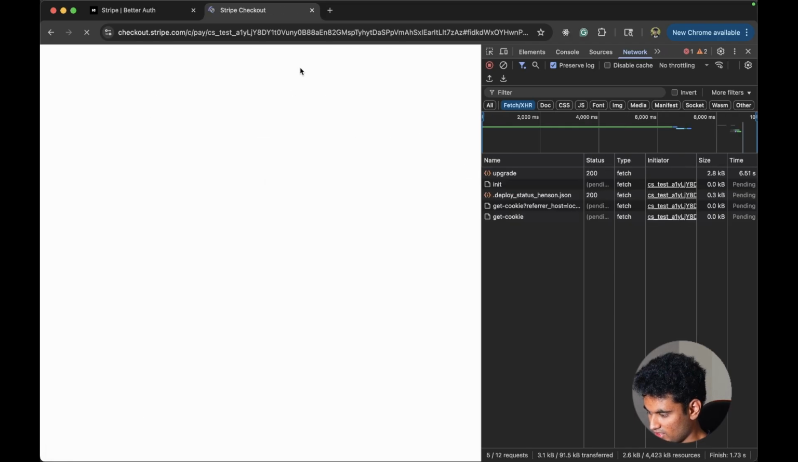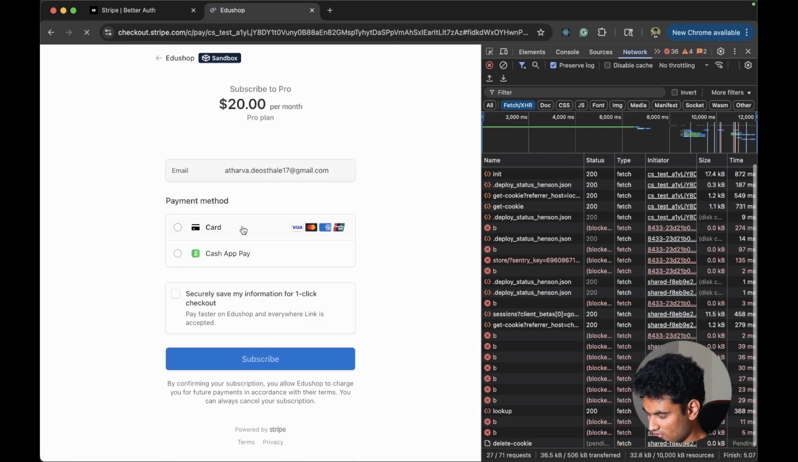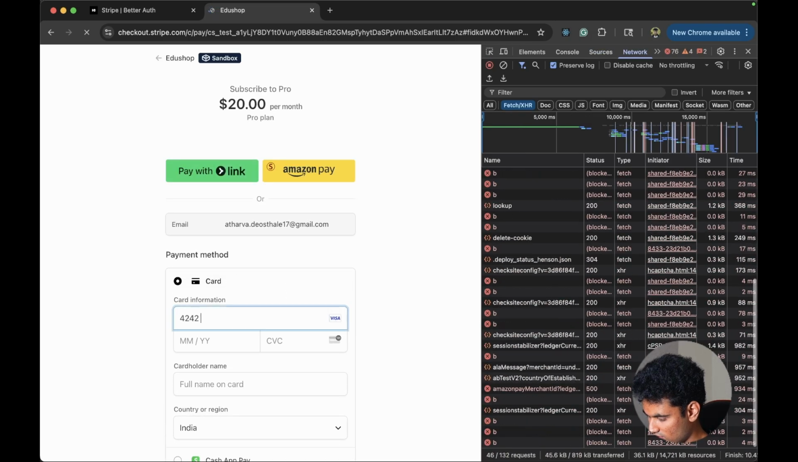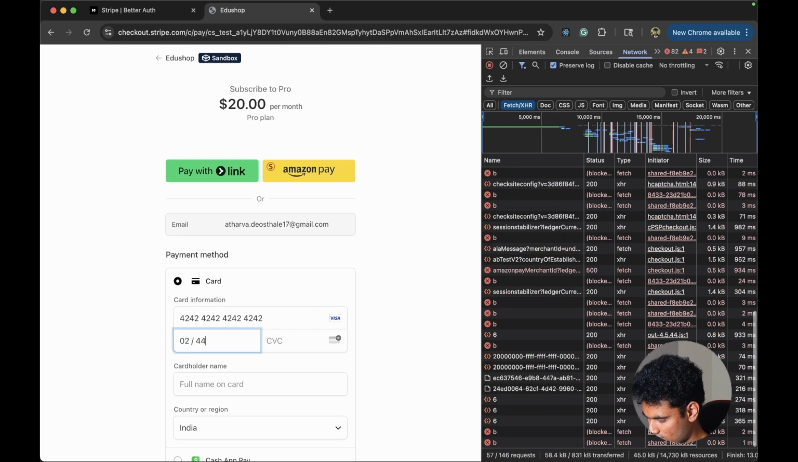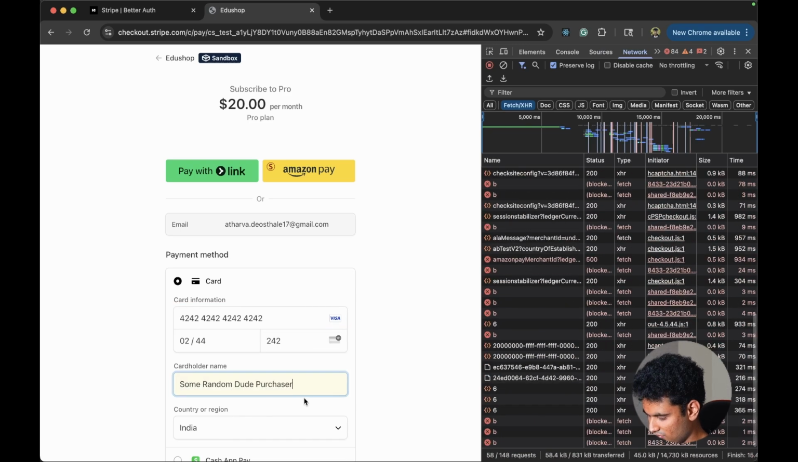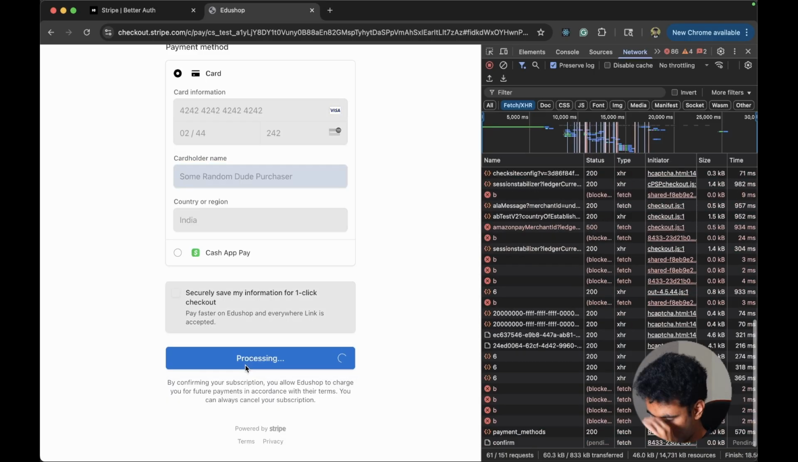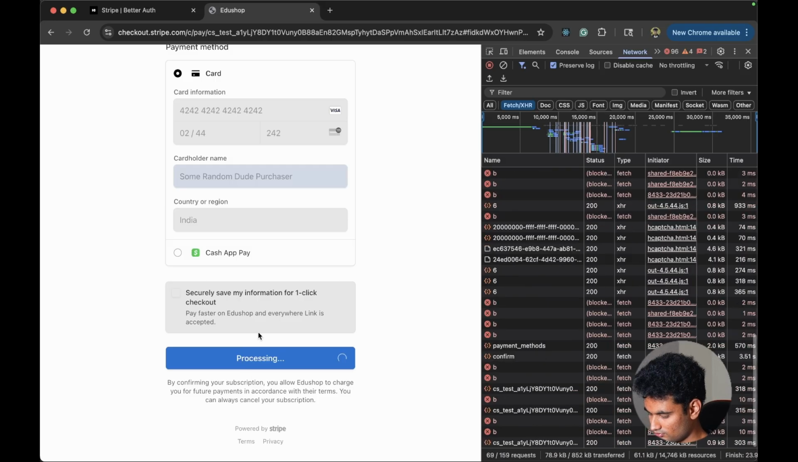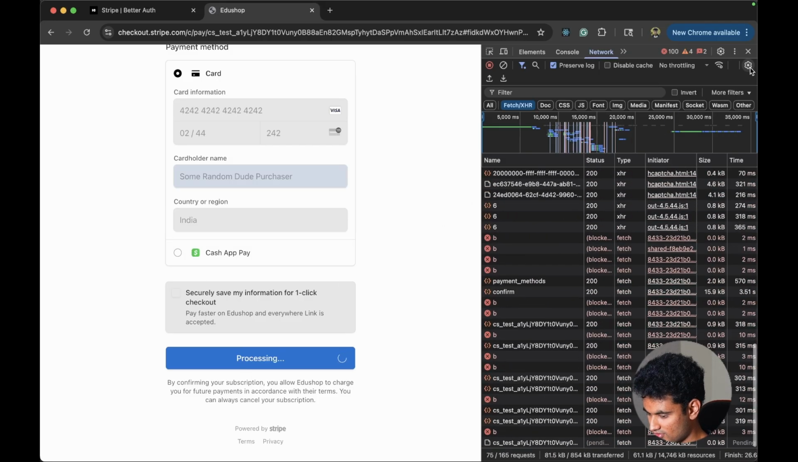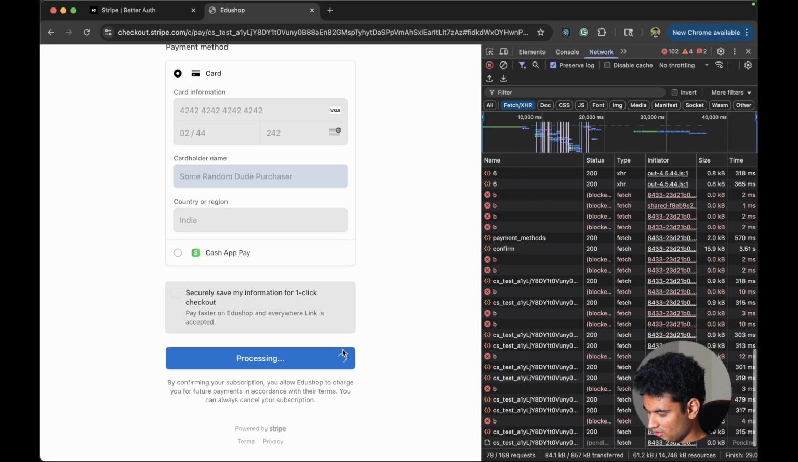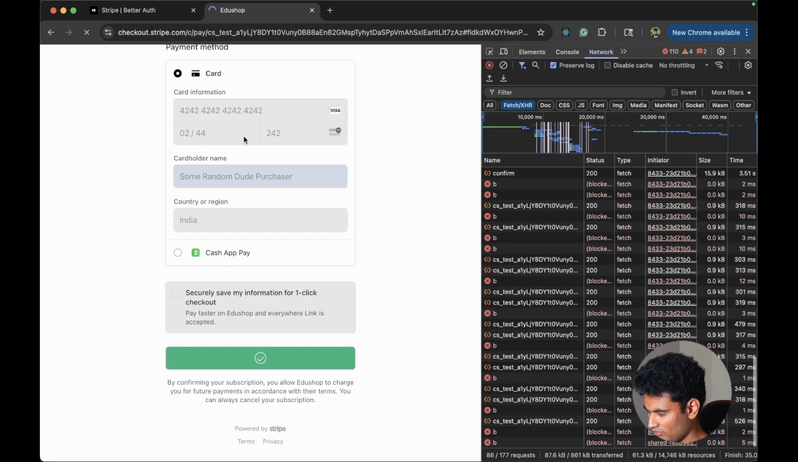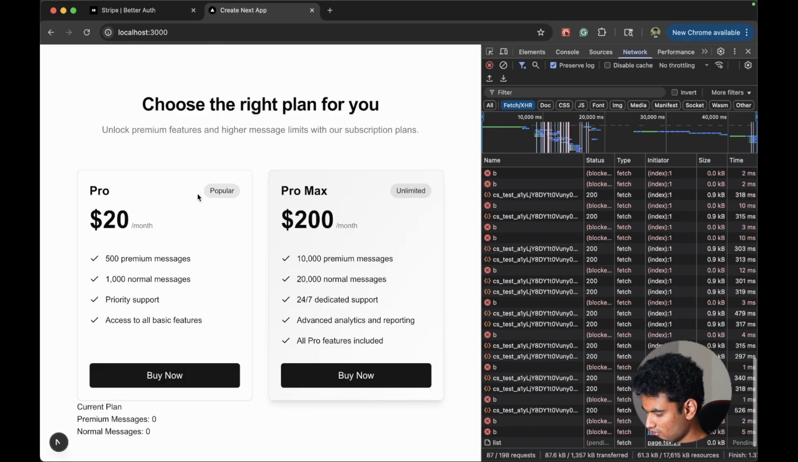Taking a while. Okay, now we are on Stripe checkout. Now we can simply do card, and we can simply just put the test details. And yeah, I can have some random dude purchaser, I guess, and I'm just gonna click on subscribe. Let's wait and see what happens. Processing. Should not take a lot of time though. Yeah, now we should be redirected back to our page here, and it says pro, it says 500 and 1000,